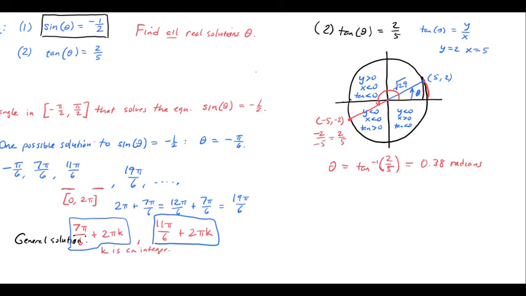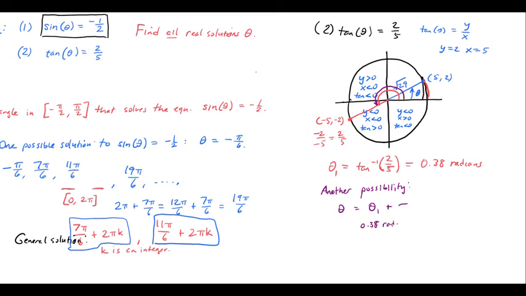Now, what relationship does that angle have with the one I drew the first time, which is that theta there? You'll notice that this angle, I'm going to draw this in a different color now, this angle is theta plus a half of a rotation. So that angle there is actually going to be this theta, which I'll just call theta 1 for right now. So another possibility is going to be that theta is equal to this theta 1 here, which was 0.38 radians,